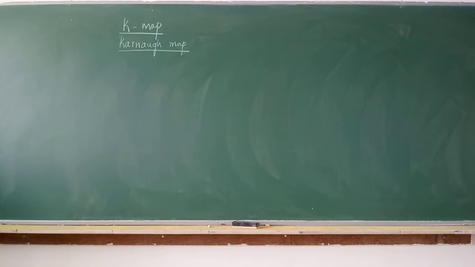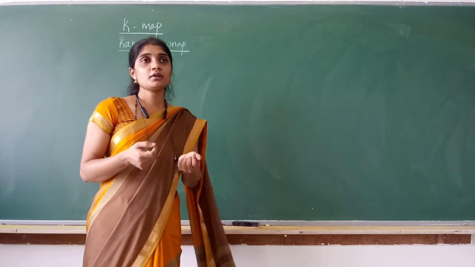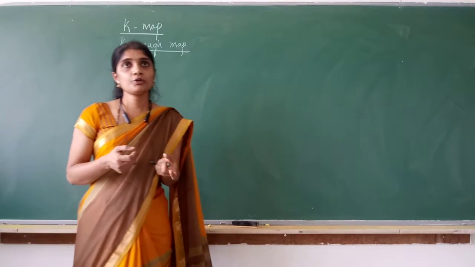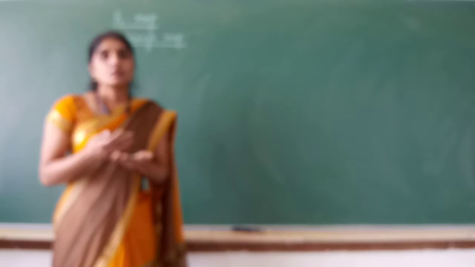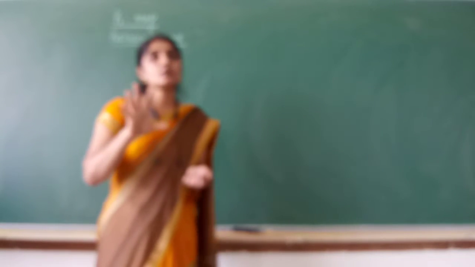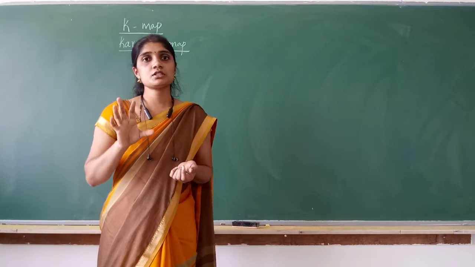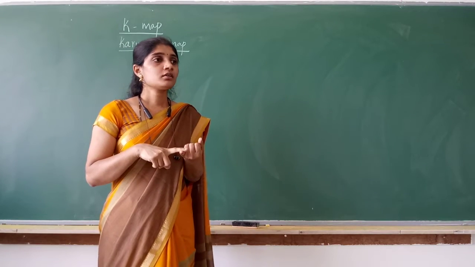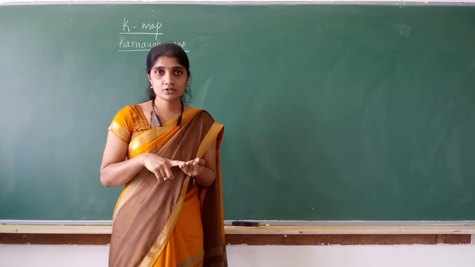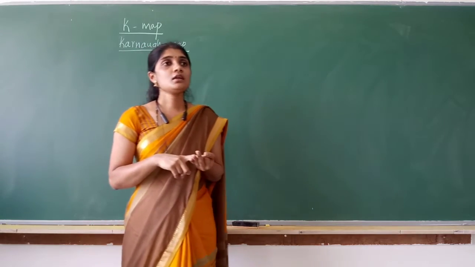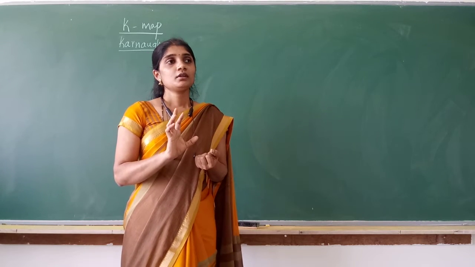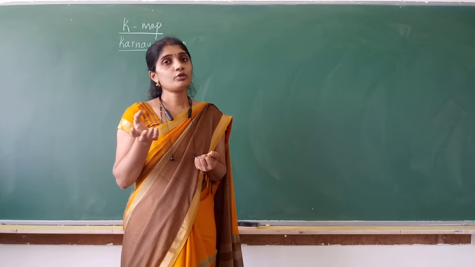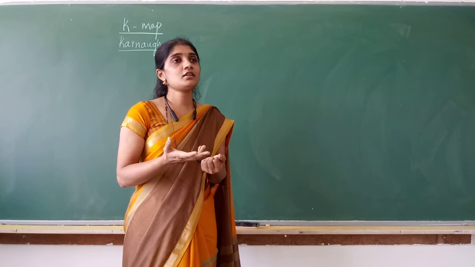So last class we have studied how to put a particular equation in the canonical form, SOP and POS form. Now, as I said, in the general design of a digital system, the first step is understanding the problem. The second step is to write the truth table, and the third step is to write the switching equations. So we have learnt how to understand the problem and how to write the truth table after I understand the problem.